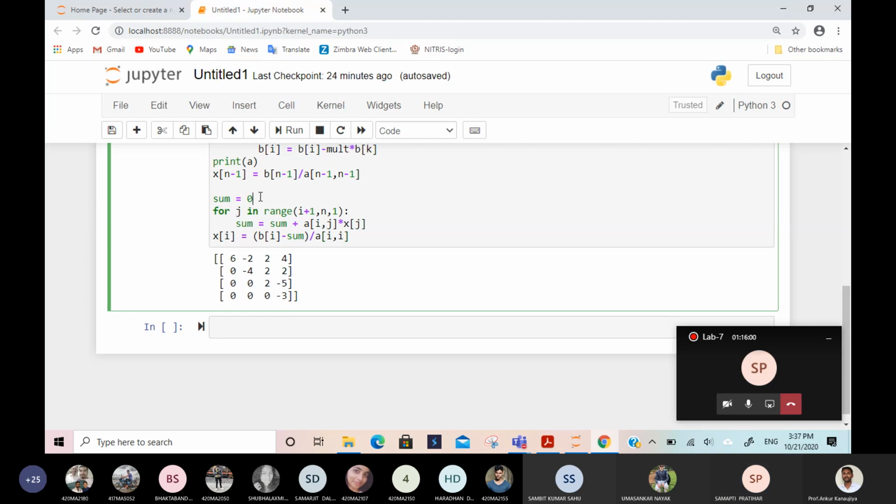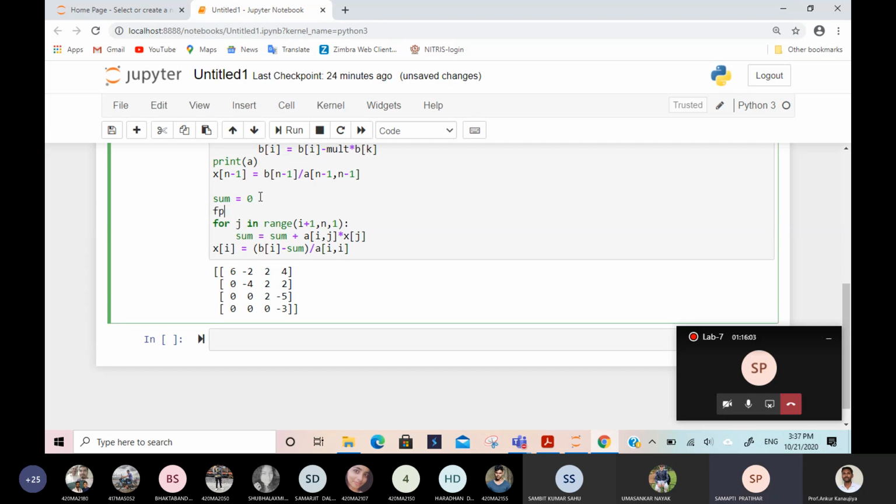Now I will write the range for i. i is running from where to where? i in range n minus 2 to 0, with step minus 1, comma minus 1.